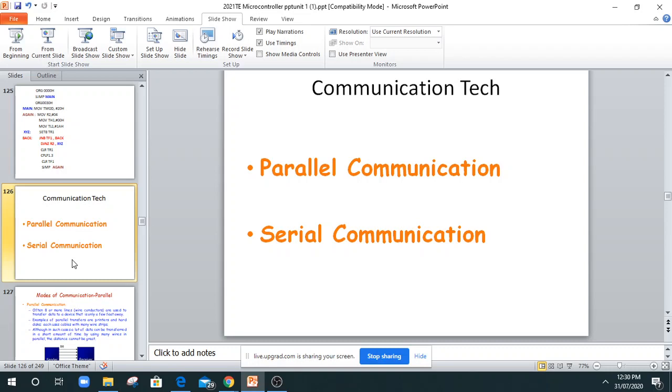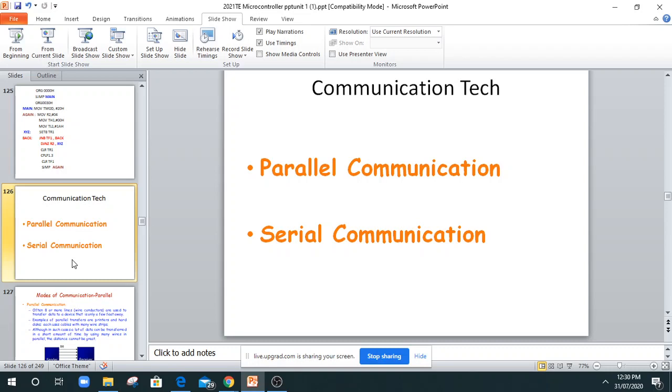Now we want to communicate between various devices, that is we want to communicate data between the controller and various peripherals. We know that surrounding the controller there are a number of peripherals we are interfacing. We want to communicate between two devices, between master and slave. In our case the controller is working as a master and peripherals are working as slaves. We are transferring our data from one device to other devices with the help of a communication technique.